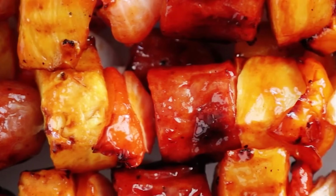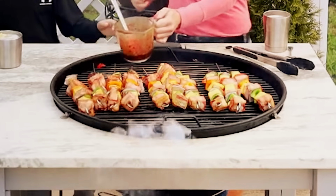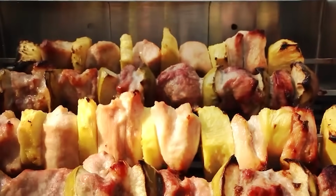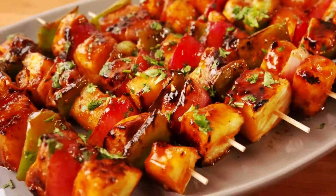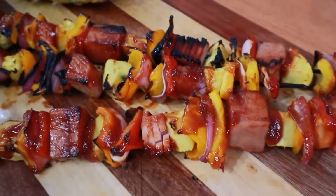American kitchens. Ham and pineapple skewers were easy to prepare and served as popular appetizers at parties and family gatherings. Their contrasting flavors provided a refreshing balance, while the colorful presentation added visual appeal to any spread. This recipe showcased the culinary creativity of the time, merging familiar proteins with exotic fruit to create exciting new taste